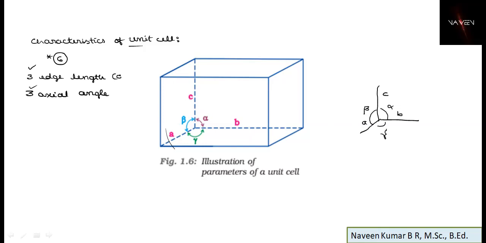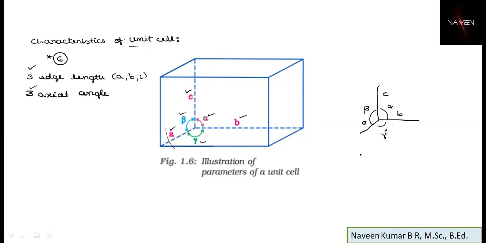So the three edge lengths are A, B, C. In the diagram here, this is one edge, this is the edge B and this is the edge C. Angle opposite to edge A is alpha. Angle opposite to edge B is beta. Angle opposite to edge C is gamma. If you take here, it will be the same. So this will be A, this will be B, this will be C, or this will be C, this will be B, this will be A. Or if you take here again the same, those are the three coordinates you are going to observe to represent in the space. So those three are important.